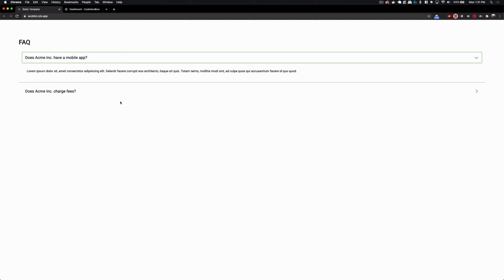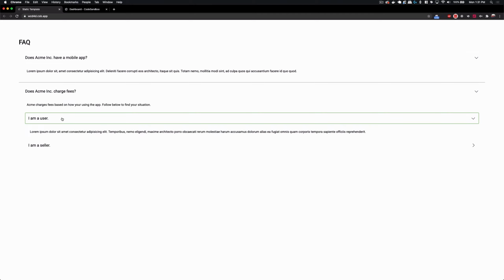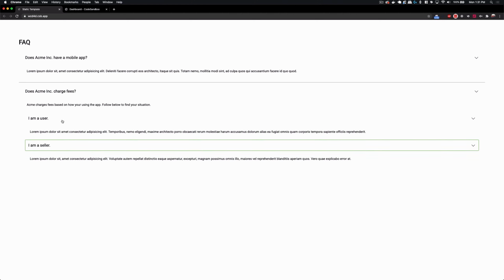Now this example down here is similar, but if we expand it, you'll see that we also have accordions nested within other accordions. So if we expand this, it gives our user the ability to find answers within the context of another question. So just so you have an idea now of what we're going to be building, let's head